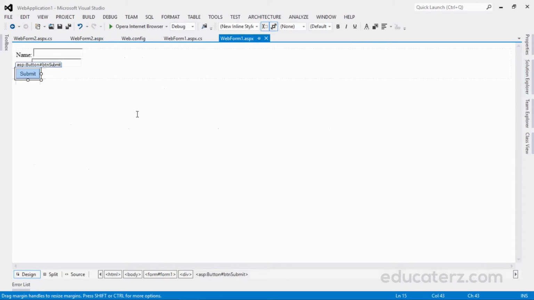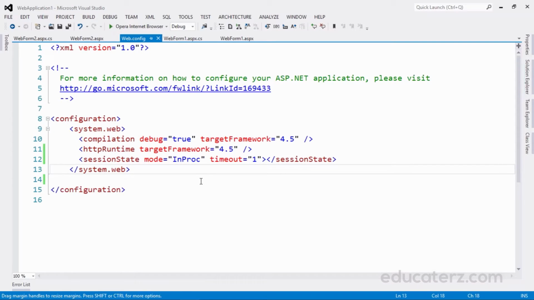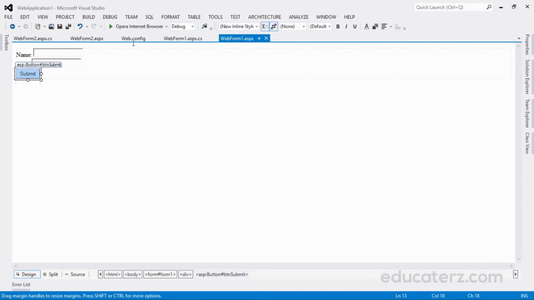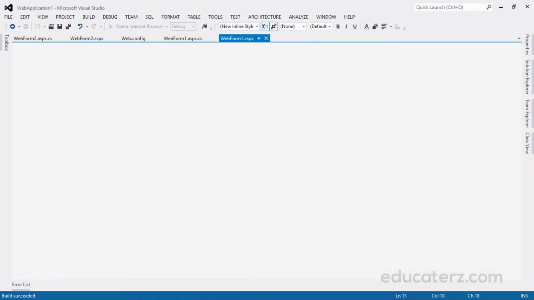When somebody types something in these text boxes and you transfer from one page to another page, we are still maintaining the data. How we maintain it is through different modes. This is the full concept. The mode here is in process. Then other modes are there, which we'll discuss in the next video sessions. Let us see what's happening. I just executed it. If you get any errors, we'll rectify them.